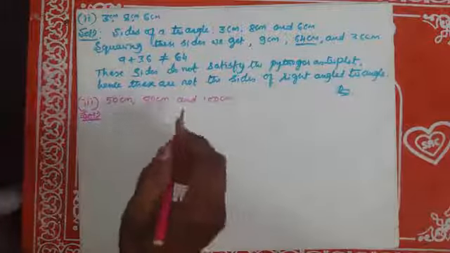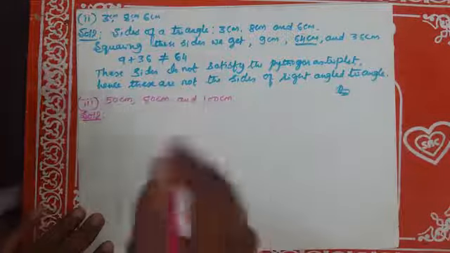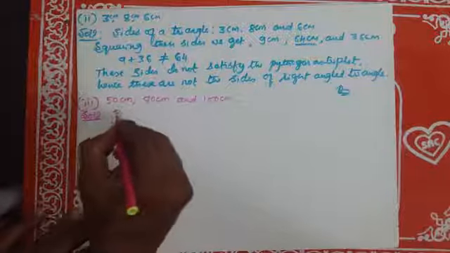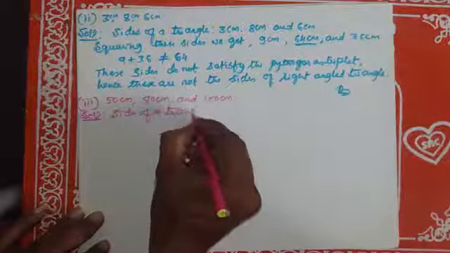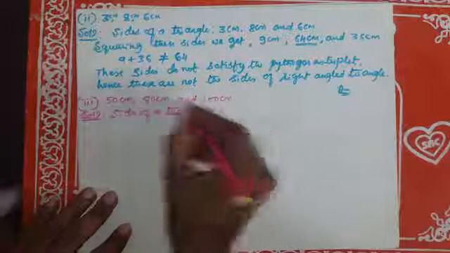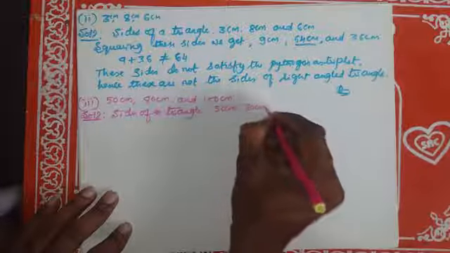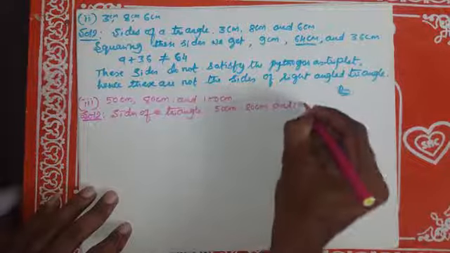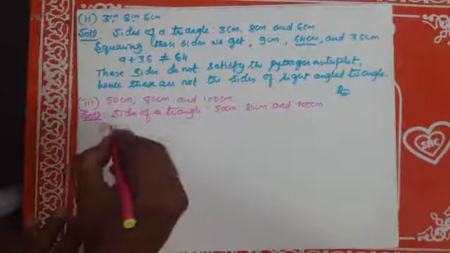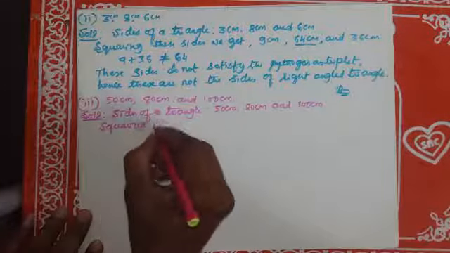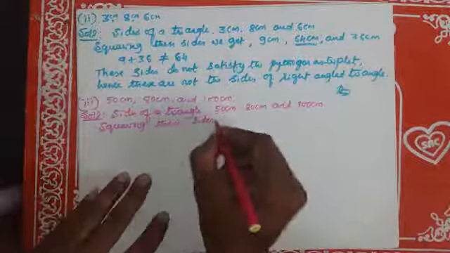Okay dear students, now let us discuss the third question. Here we have 50 centimeter, 80 centimeter and 100 centimeter. Solution: we have the sides of a triangle 50 centimeter, 80 centimeter and 100 centimeter. Squaring these sides we get: